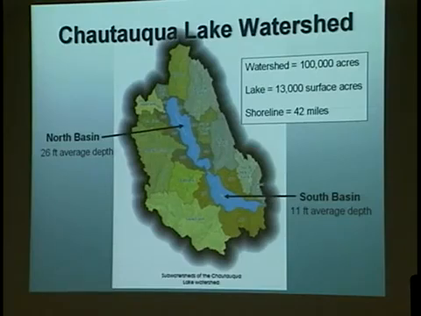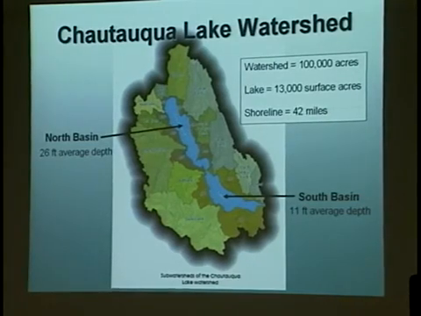classified as a mesotrophic water body. I'm going to explain that in a second. There's three basic classifications of lakes. Oligotrophic, which is nutrient poor and has a low amount of life, generally has a rocky habitat, more like an Adirondack lake. Mesotrophic is the middle or transition stage between oligotrophic and what we're now seeing as transition from mesotrophic into a eutrophic system, which is extremely nutrient rich, high quality of life, a lot of plants, a lot of fish,